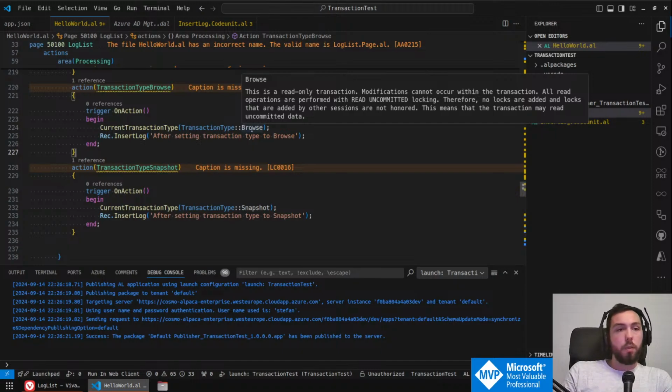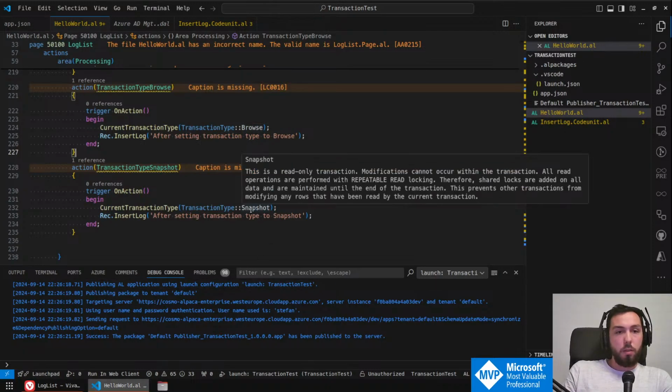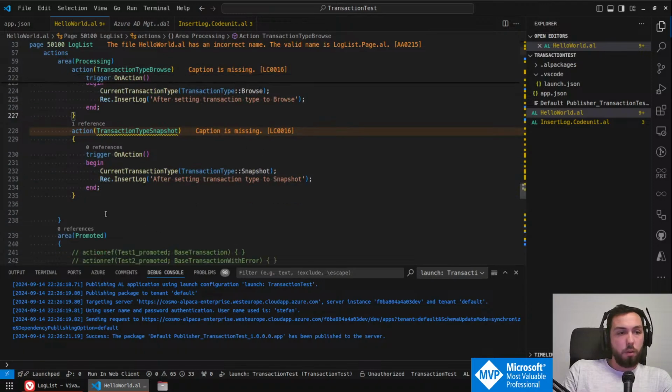So transaction type browse is basically just saying it's the default behavior, like we're always reading by default with read uncommitted. But by this line, we're saying this transaction has no writes whatsoever. This is changing the way we read data. So I want to elaborate on this a little bit, because